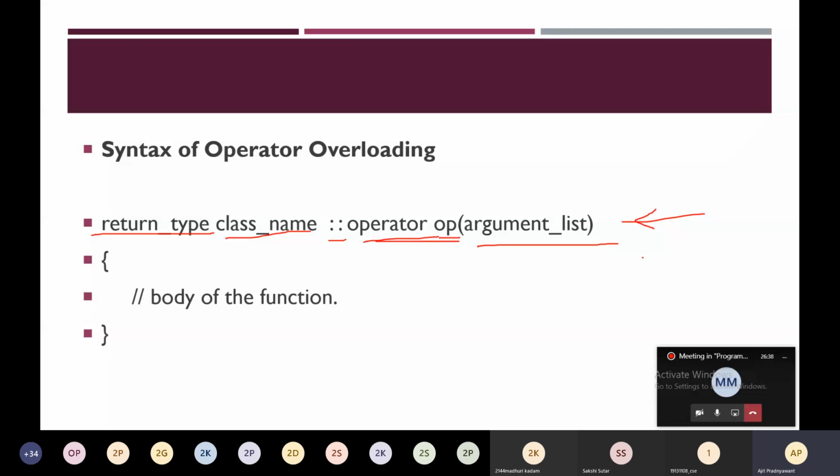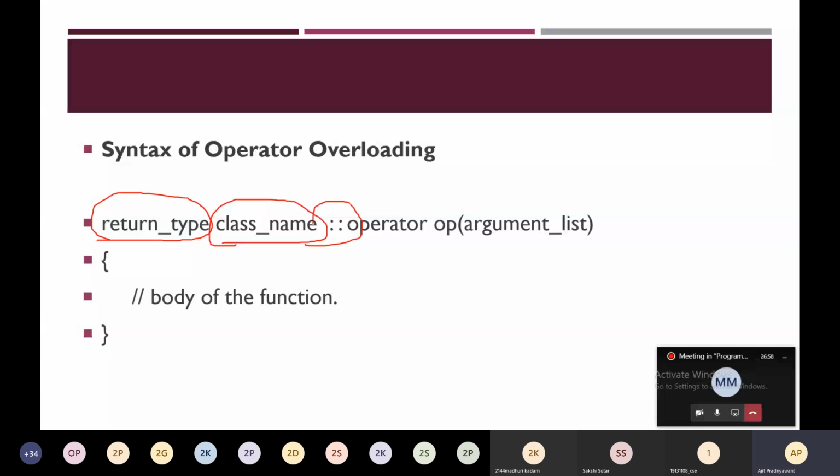Operator overloading is simply a special function which is invoked when a particular operator is used with the user-defined data type. Again, the syntax is: return type, class name, scope resolution operator, then the operator which you have overloaded, such as plus, minus, plus plus, minus minus, and so on, then the argument list, and then the body of the function. This is the syntax to declare the operator overloading function.